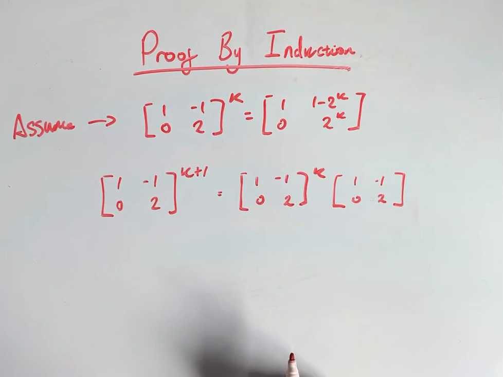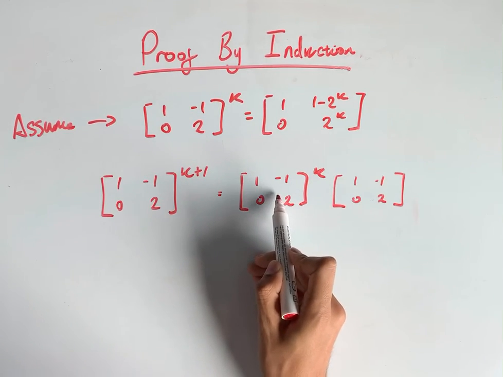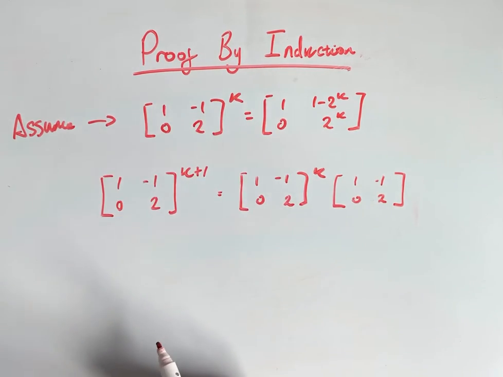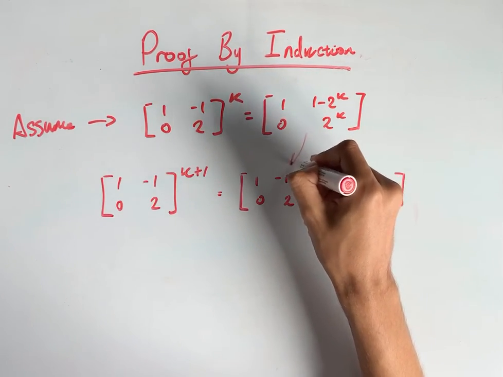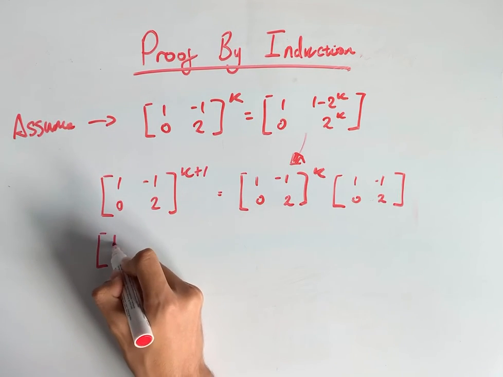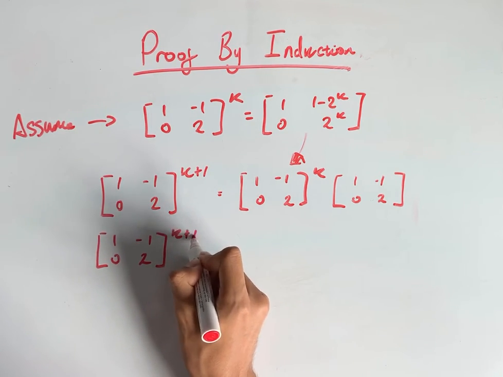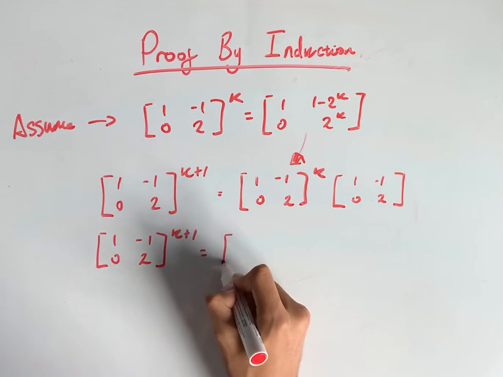Right? But we know from our assumption that this is the same as this, which is equal to this. So we can substitute that in right there. And we end up with 1, minus 1, 0, 2 to the k plus 1 equals